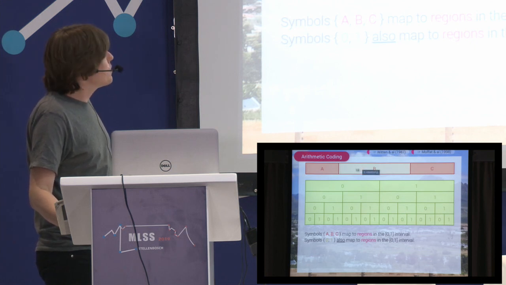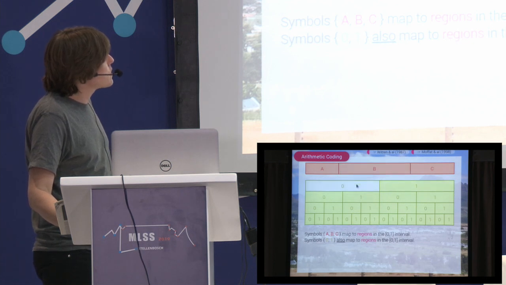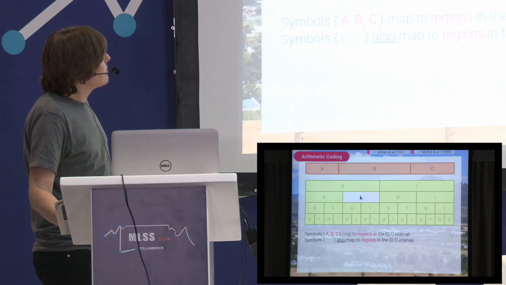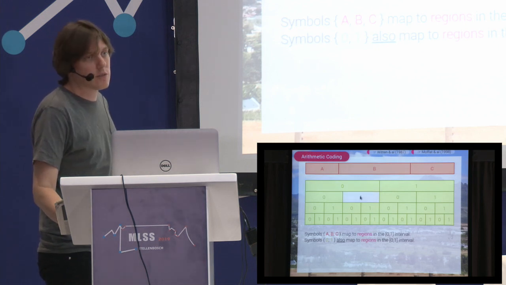We've chosen some ordering of our symbols, and this is the probability of our B. And the answer is, well, we have to go down one of these paths. Let's go down this one. Does that uniquely determine which letter it is? No, still uncertain. We can rule out the C, but it could still be A or B. If we go one level deeper, now we can be sure. This interval is perfectly within the interval of B,